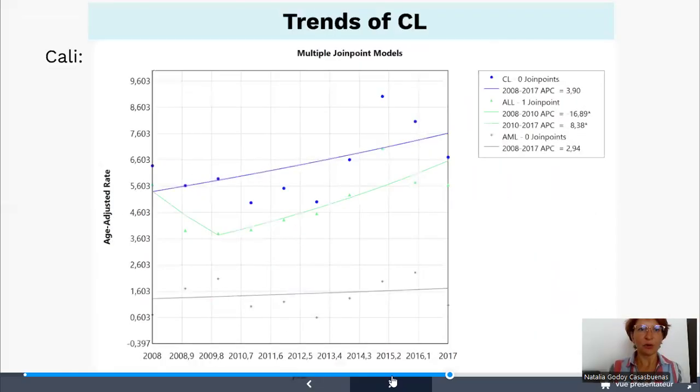When analyzing trends over time, the study found no statistically significant changes in overall childhood leukemia incidence rates in any of the 4 cities. However, when we broke it down by leukemia